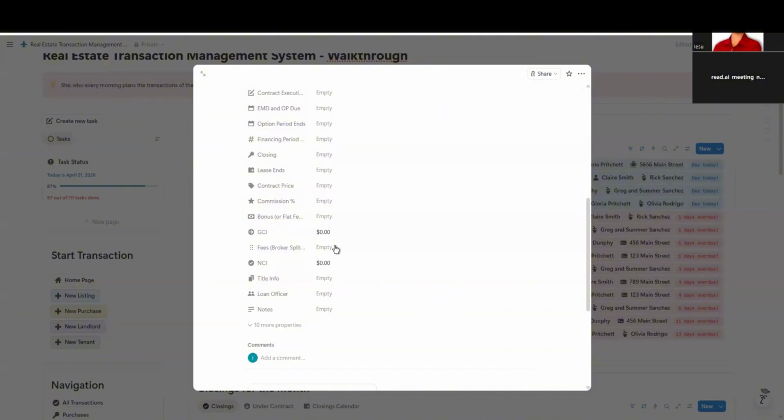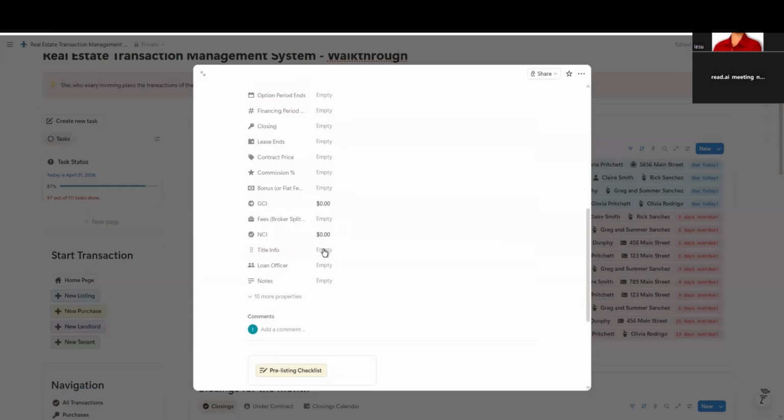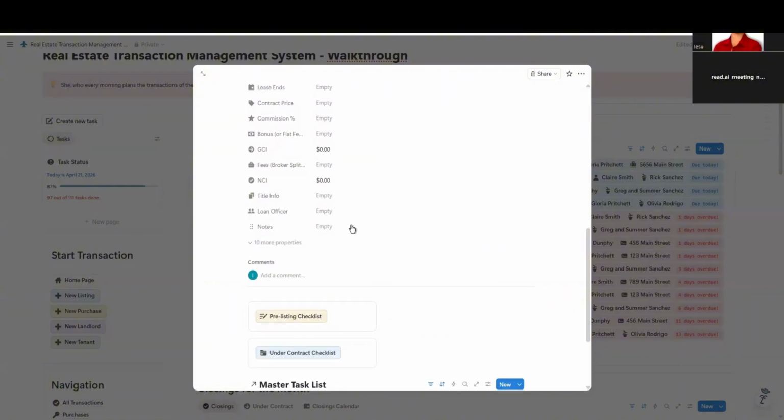And for the fees, these are the total of all the fees that will be deducted from your gross commission. For the title info, you can input here the title company, address, officer, email, and phone number. And same with the loan officer. Notes is for any notes that you have for the file. Say, for example, if there's a non-realty item, if there's a seller concession, if there's a bonus to selling